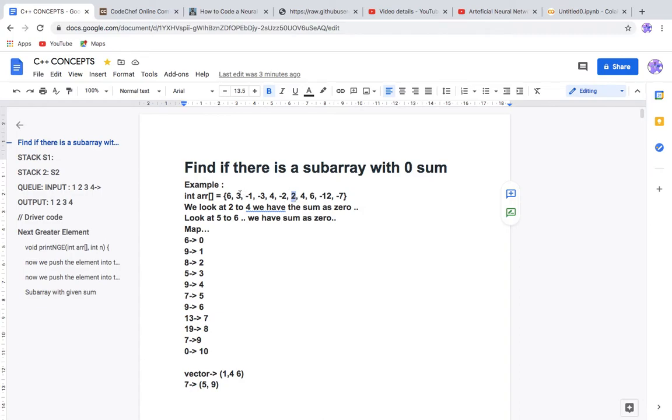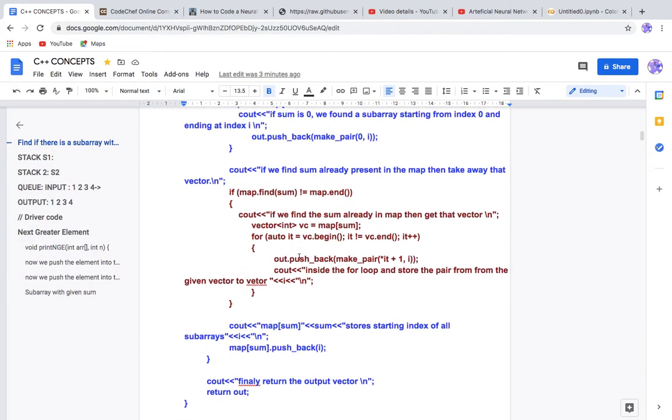So 9 is here also. So 2 to 6, the sum will be 0. Got it? And the next element which will come out is, counting 0, 1, 2, 3 and 4, here also 4 is there. 4 plus 1, 5 to 6. So two subarrays, right? We'll see how the program is running.